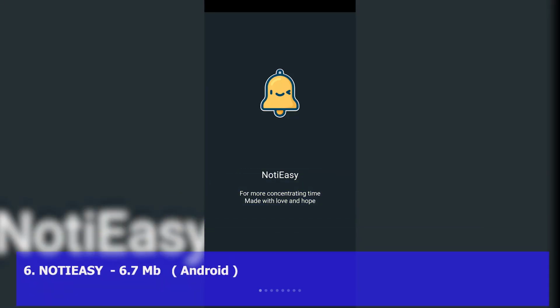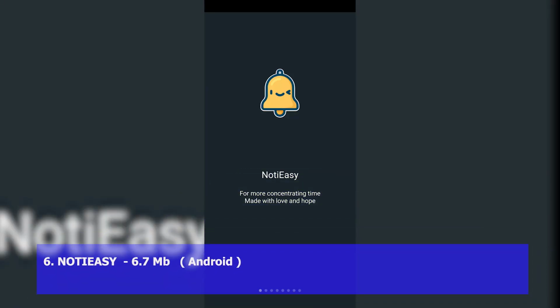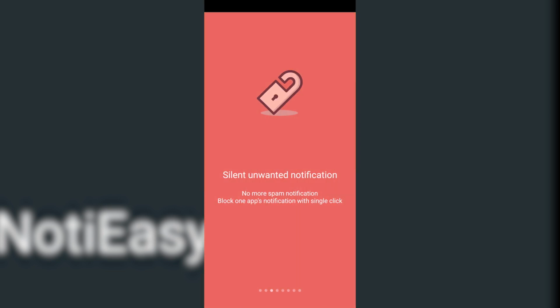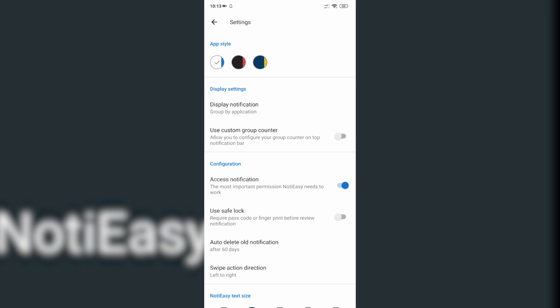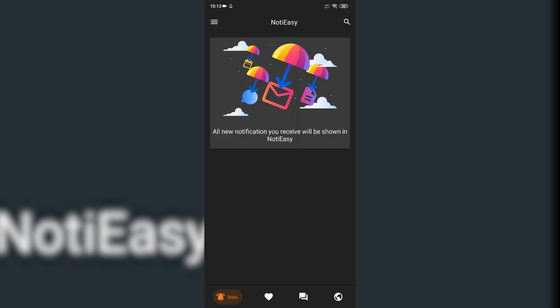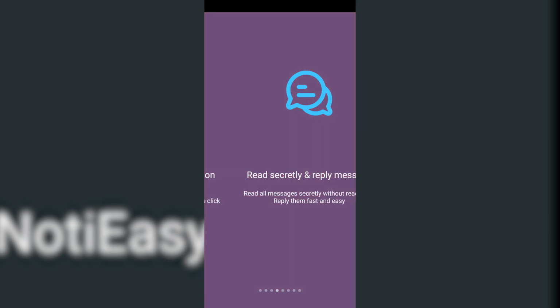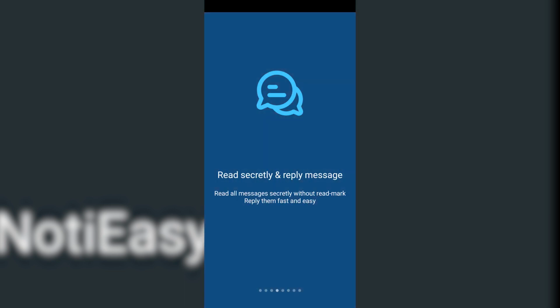Next up we have the Noteasy. This is a notification manager app which will save all your notifications for you to review them later. This is a great notification manager because of all the features it provides, like saving notifications, blocking notifications from a single or multiple apps with a single tap, its customizability like changing app colors or text size, and the best one is reading messages privately without a red mark, which is supported in WhatsApp, Messenger, Telegram, Instagram, and 5 more